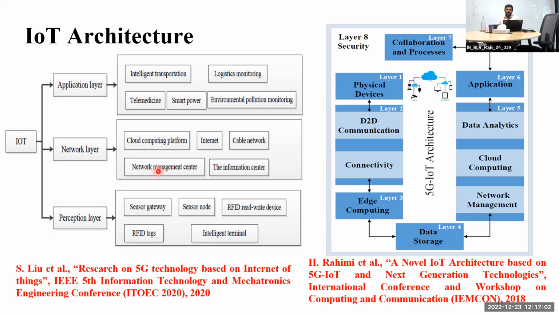Next, on the right, this is just to show you physical devices and device to device communication. Sometimes two different devices intended for different applications can coordinate, share some data, share network resources, or one will help the other device. That is going to come very soon, device to device communication. Very soon, your device will be a kind of router or repeater for the other device. It is going to come in future.